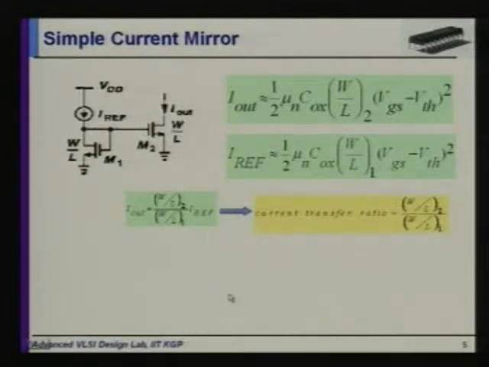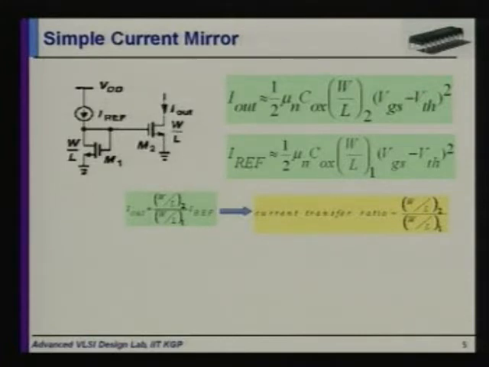As the gates of these two devices are connected, their VGS will be the same. I mean to say this is constant because I reference is constant, that is independent of the temperature. So I may say that the VGS will be constant. Then from that particular equation we can find that AI, the current transfer ratio, is nothing but W by L of the second transistor to the W by L of the first transistor.